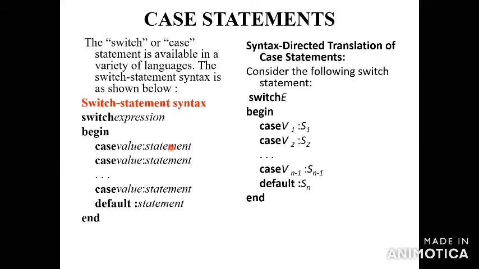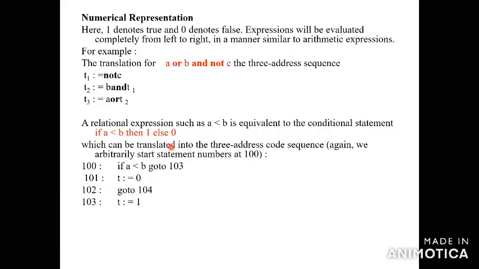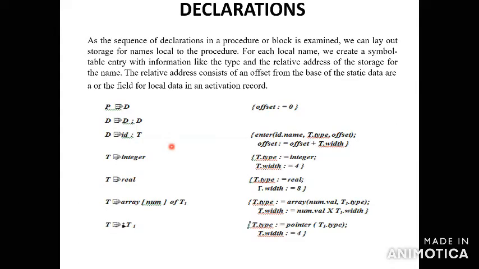Explain the conversion of popular programming language constructs for any three, meaning you have to write about any three statements. Otherwise, sometimes in the examination, they ask: explain the declaration statement for three address code, or for intermediate code forms. Explain the backpatching technique. Explain the assignment statement. Depending upon the examination question pattern, you have to write your answer.